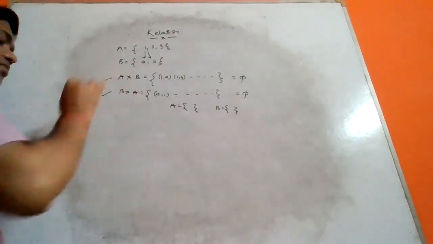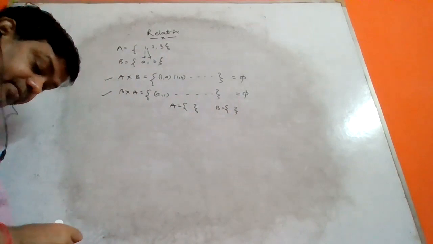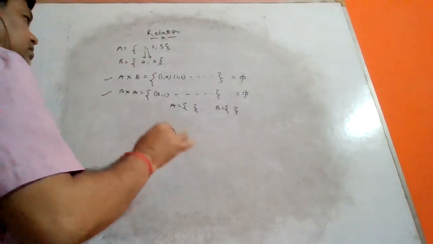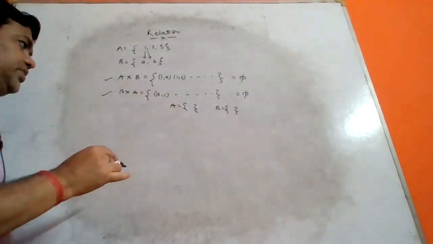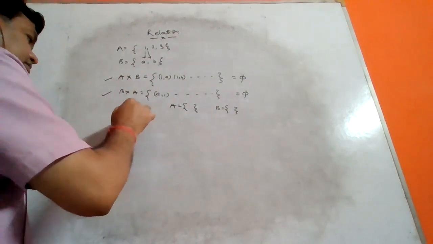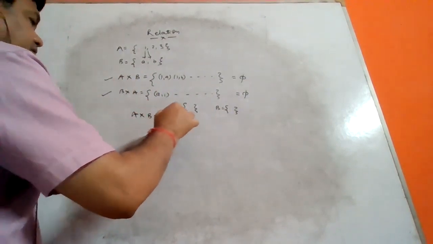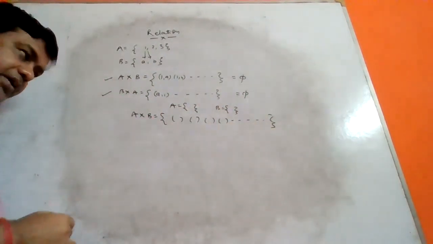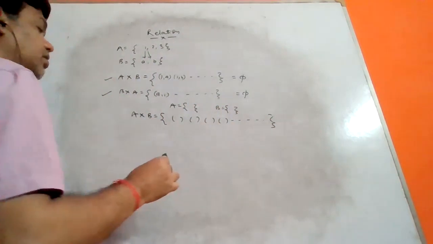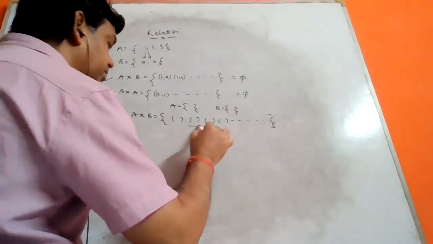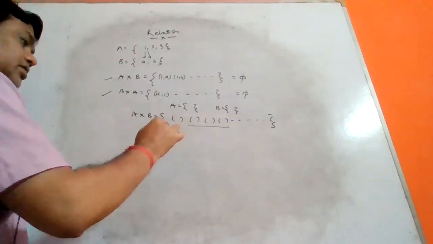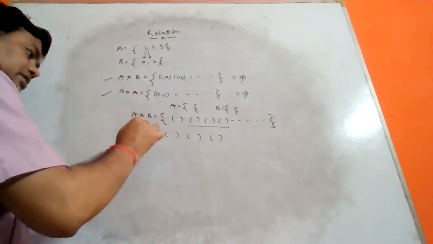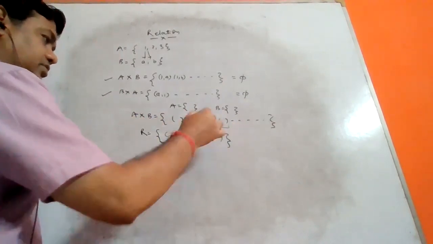That means the relation, that is A cross B and B cross A, is not defined when A and B are both empty. This is clear? This is the first thing, how to define A cross B and B cross A. For our convenience, suppose A cross B is right here with some ordered pairs. For our solution or our condition, we have to take this one set only. So only these ordered pairs are taken. This one is referred to as the relation.